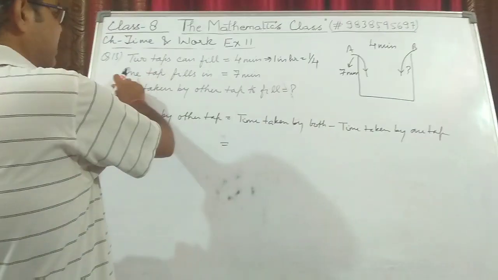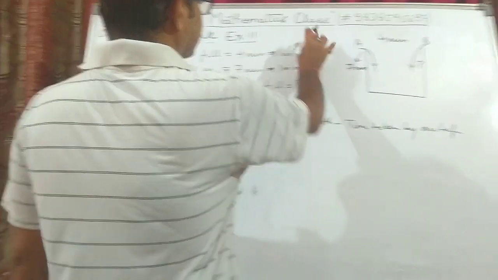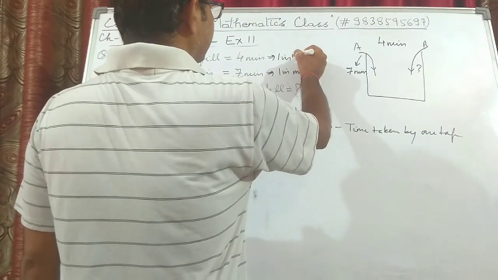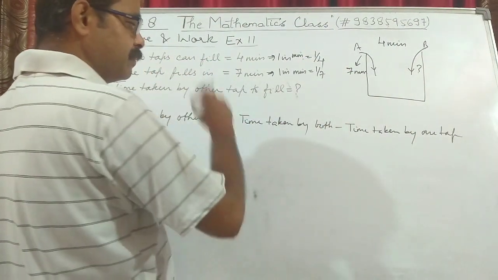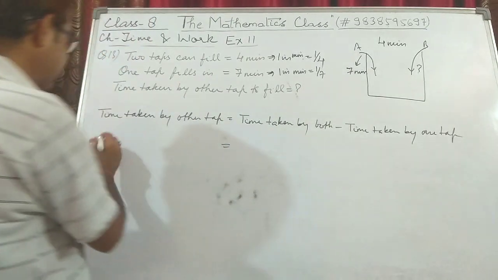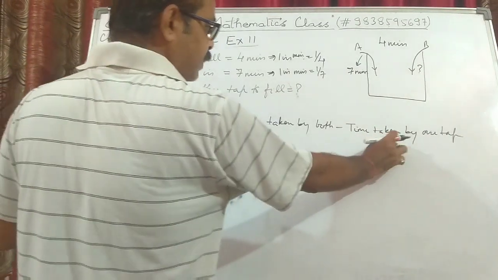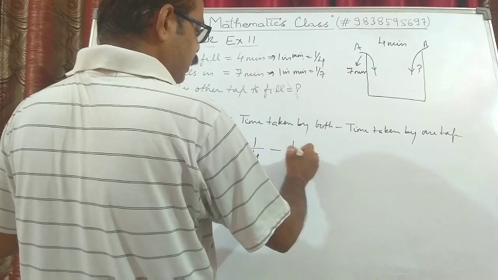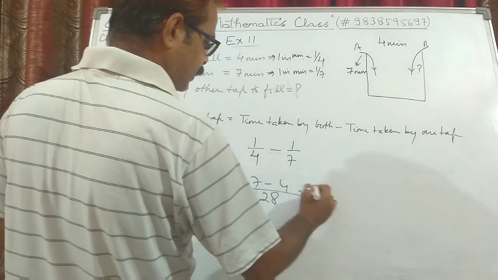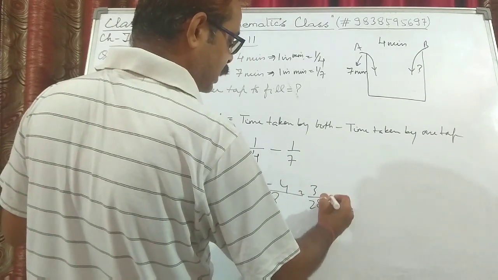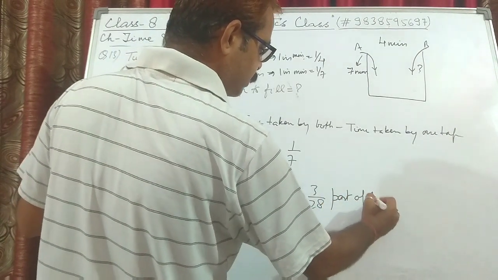1/4 of the tub, and 1 tap can fill it in 7 minutes, so it means in 1 minute it will fill 1/7 of the tub. So in 1 minute they fill 1/4 minus in 1 minute the tap alone takes 1/7. Now you solve it, LCM will be 28. This is 7 minus 4, that is 3/28. 3/28 part of the tub is filled